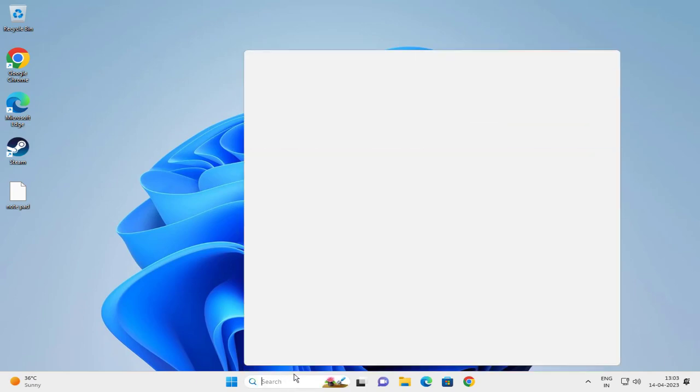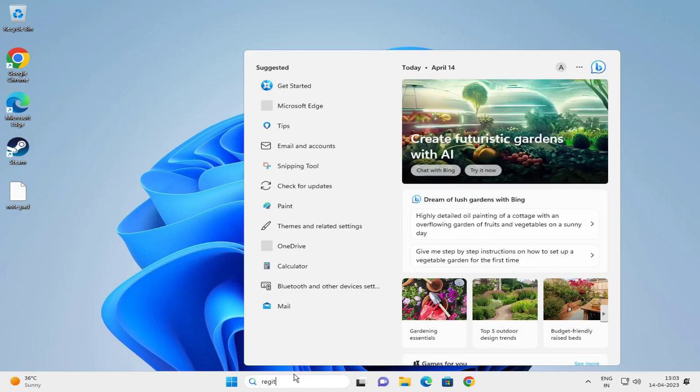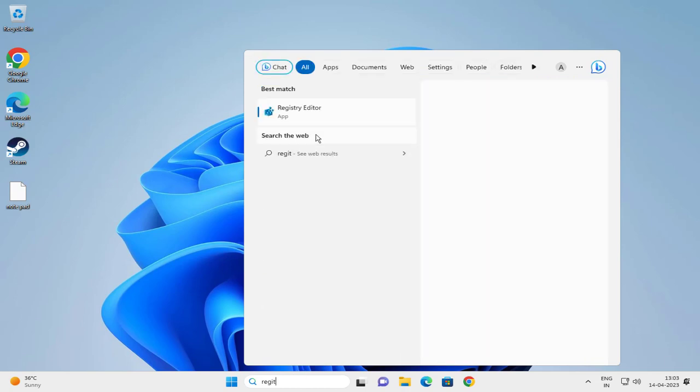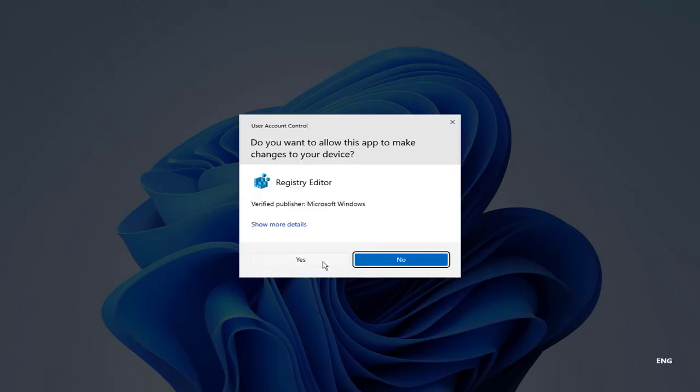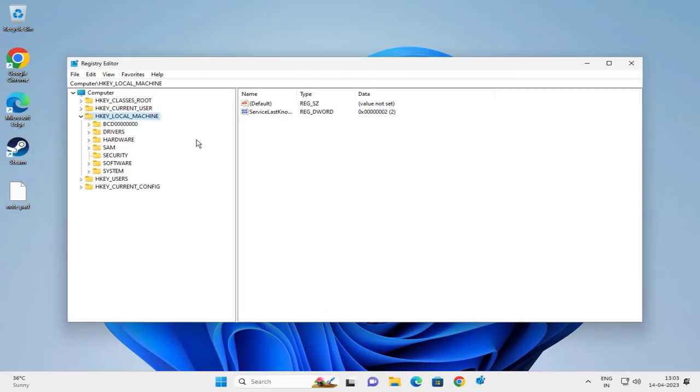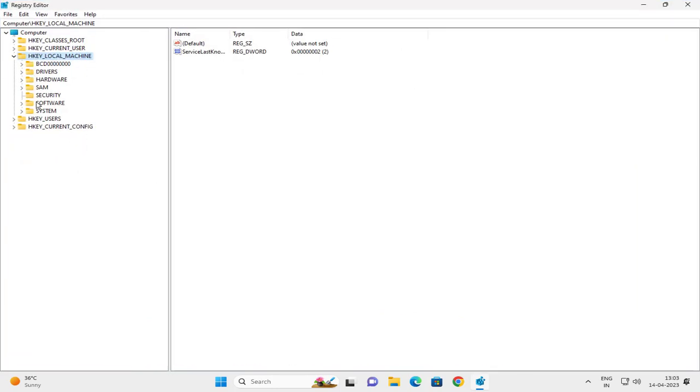Go to the search menu and type regedit. Here opens Registry Editor. You want to right click on it and run as administrator. User Account Control asks about your device. Click Yes. You want to go to the HKEY_LOCAL_MACHINE folder over here and you want to go to Software